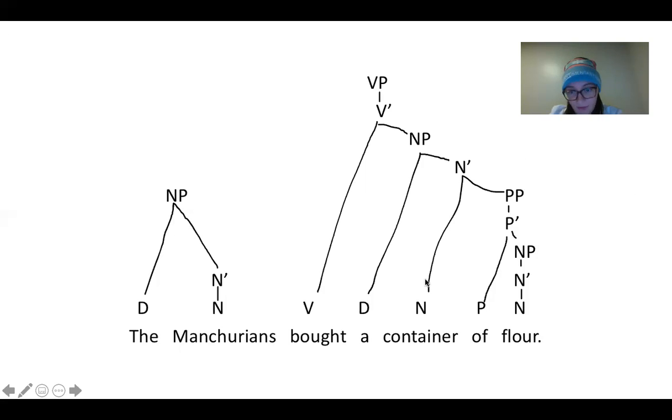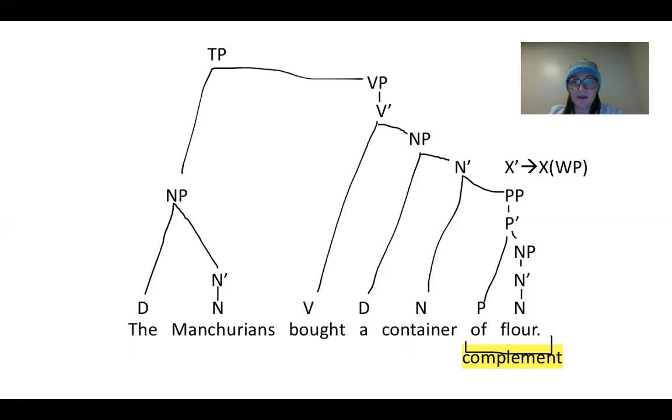So I put the noun to this N bar with the prepositional phrase. I did this instead of making an N bar because I think that of flour is a complement to the container, and based on the written rules,